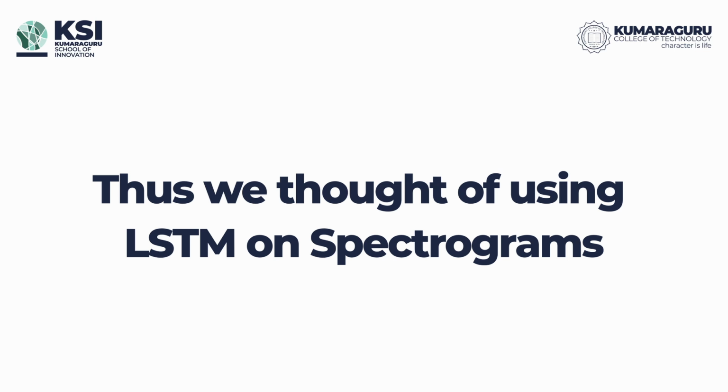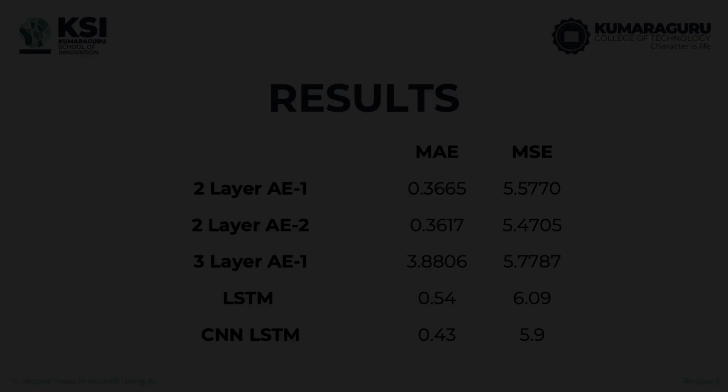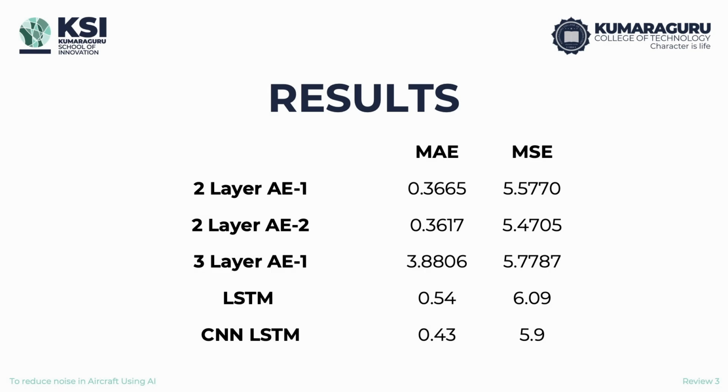From the results, we inferred that the temporal information is not extracted properly using convolution based architectures. So we thought of using LSTMs on images, I mean the spectrograms, which are basically images. We used one LSTM based architecture with 3 LSTM layers with 256, 128 and 64 units each, and vice versa for the decoder side. That gave us the following results. You can find them here in the results page. We only mentioned MAE and MSE in the results table and not the SNR loss.